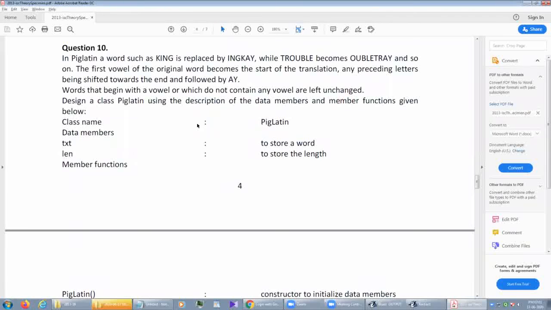Like if a word starts with a vowel, for example apple, it remains unchanged as per the condition. And if a word does not contain vowels, like sky, it remains unchanged.